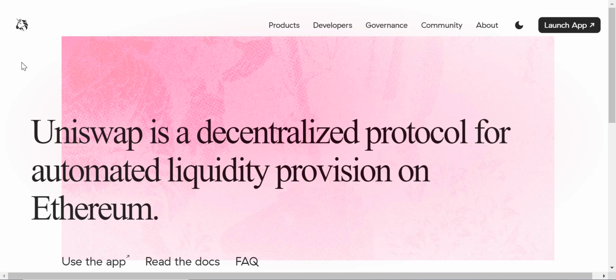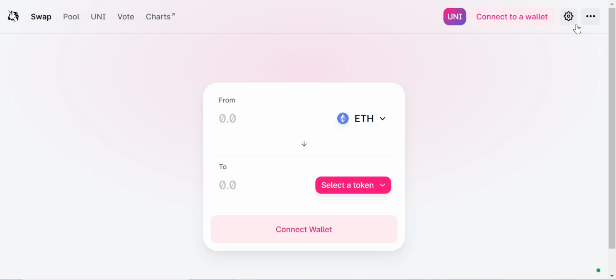So here we are on uniswap.org. This is the homepage. You click launch app, and that takes you through to the decentralized app, which is the Uni exchange. So while that loads up,